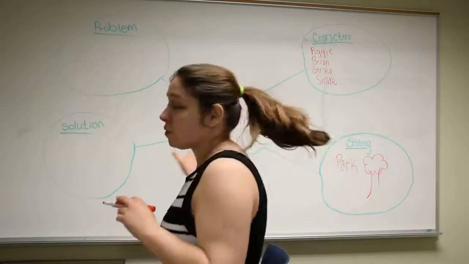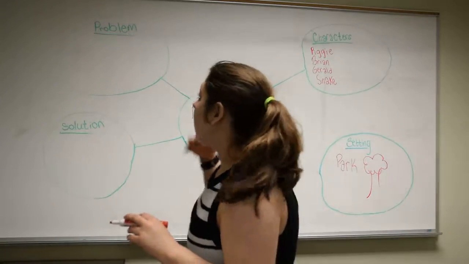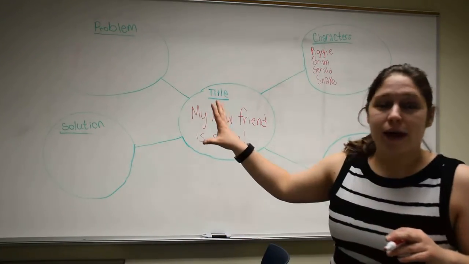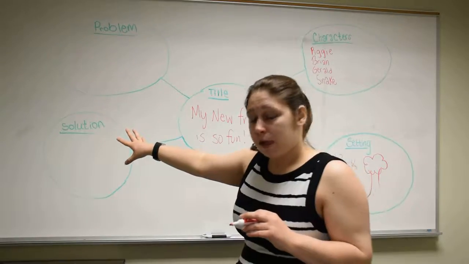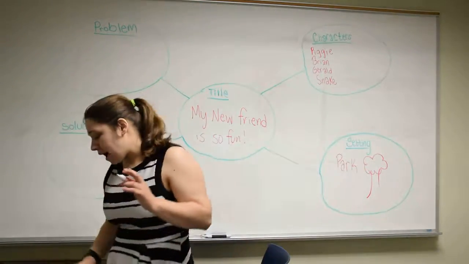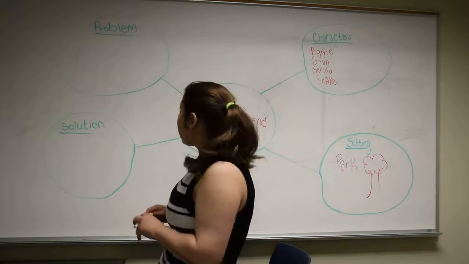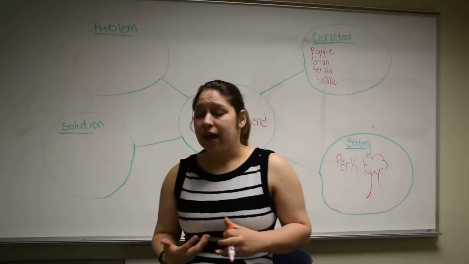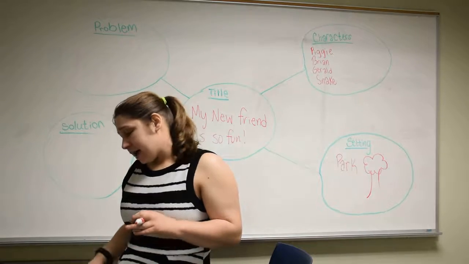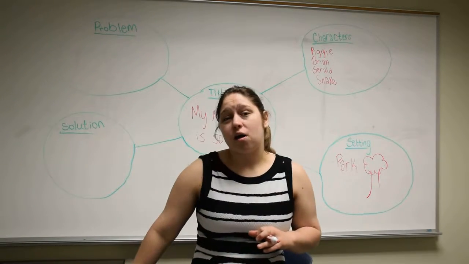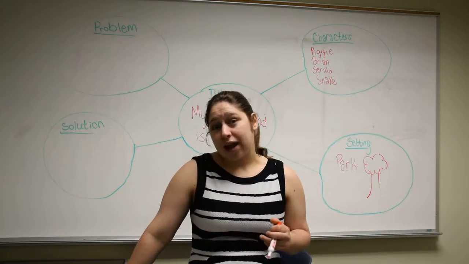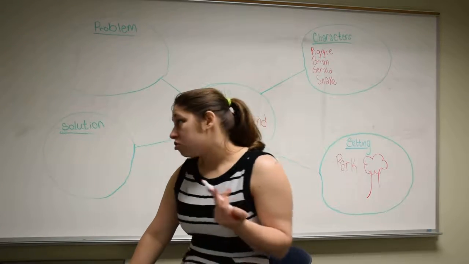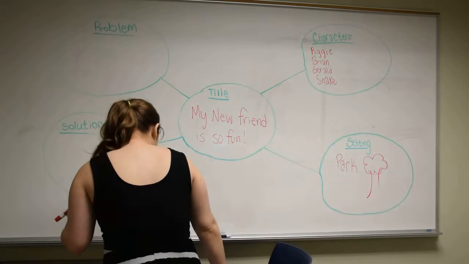Those are just talking about what we see, what we know. Now we're going to get to the part where we're thinking about the problem and the solution. So, for the problem of this book, I think the problem is when Gerald and Snake are worried about the fact that Piggy and Brian are going to replace them. So, we're going to write down here,